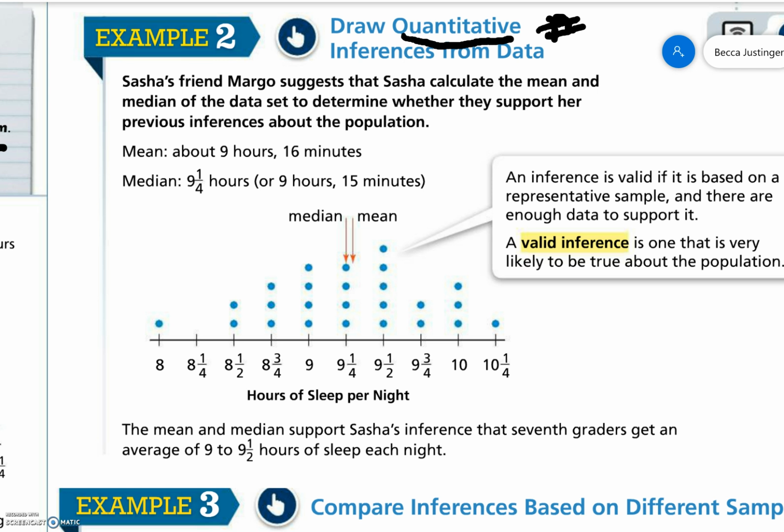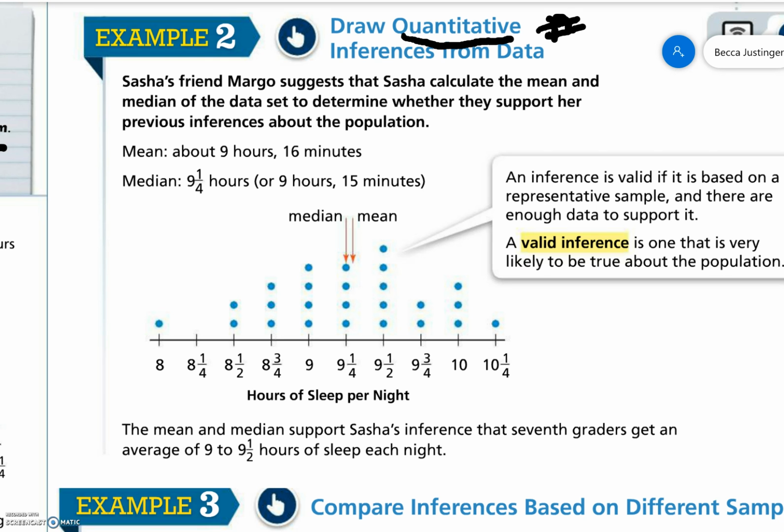So an inference is valid if, based on the representative sample, there are enough data to support it. A valid inference is one that is likely to be true about the population. So the mean and median support Sasha's inference that 7th graders get an average of 9 to 9 1/2 hours